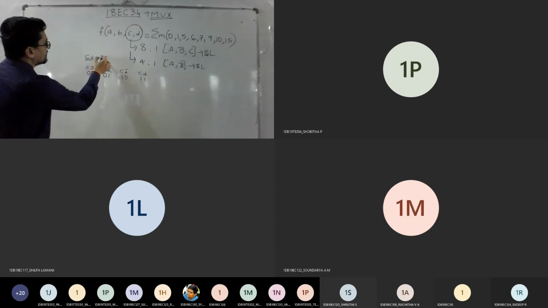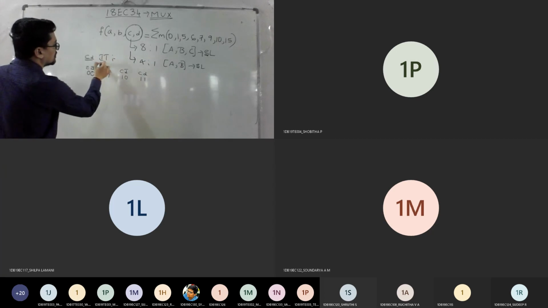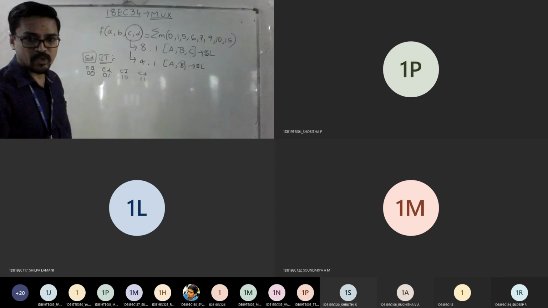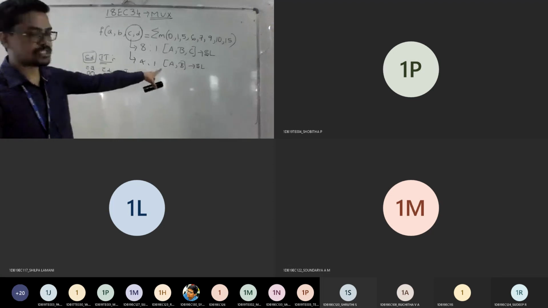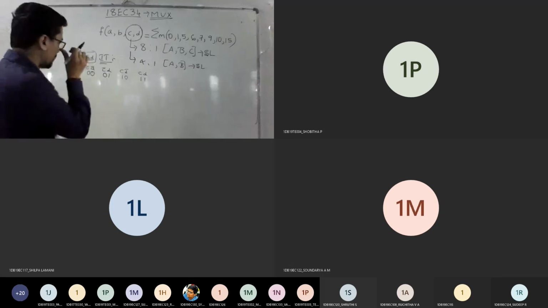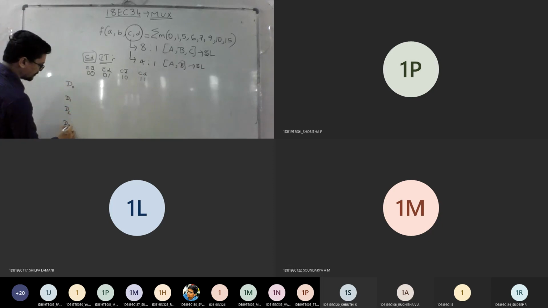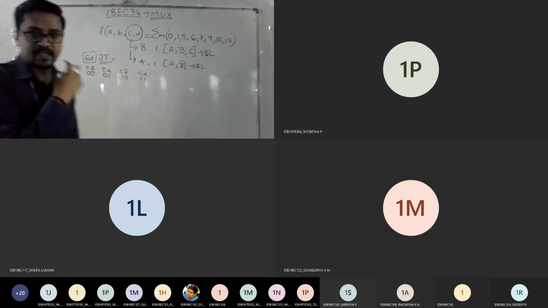So I'm writing the implementation table here, the implementation table for 4:1 mux, if selection pins are given. Then what are the inputs now? D0, D1, D2, D3. Any doubts?